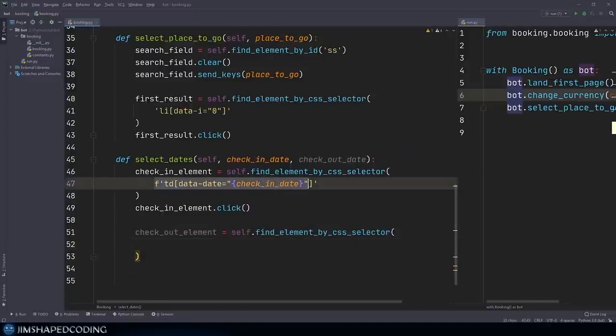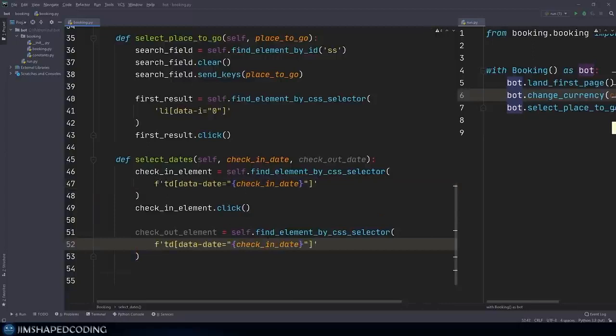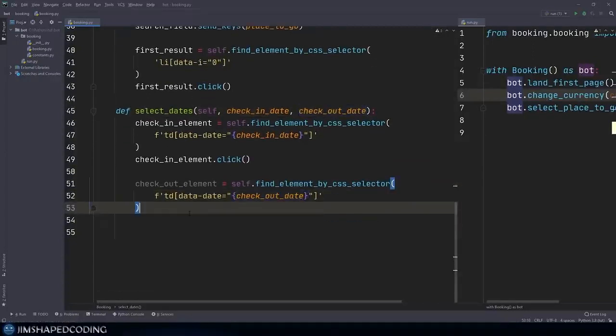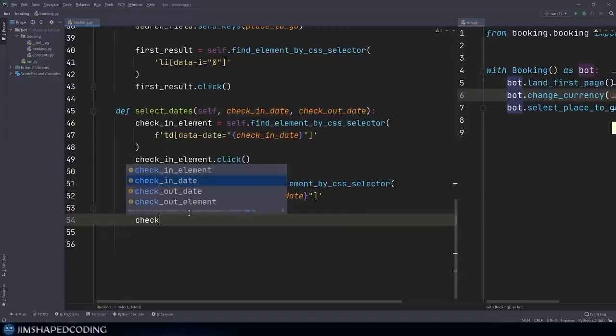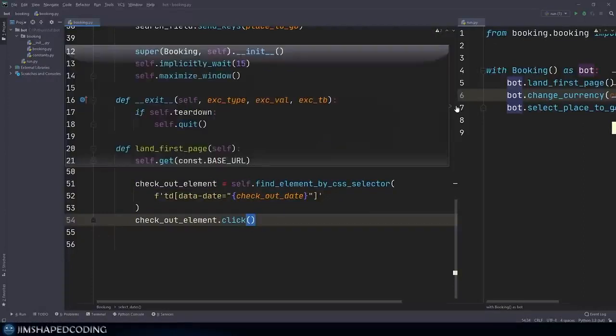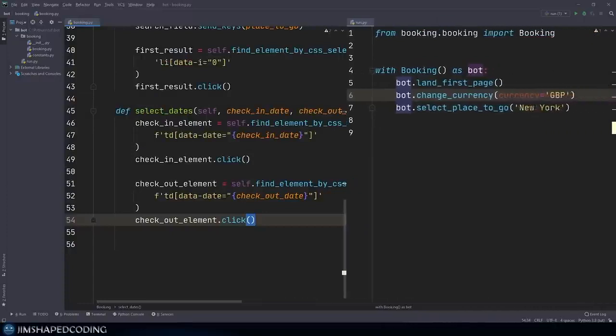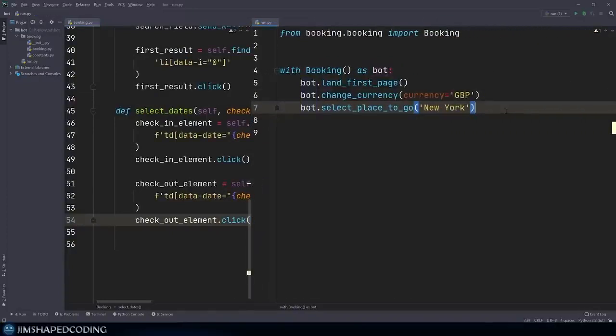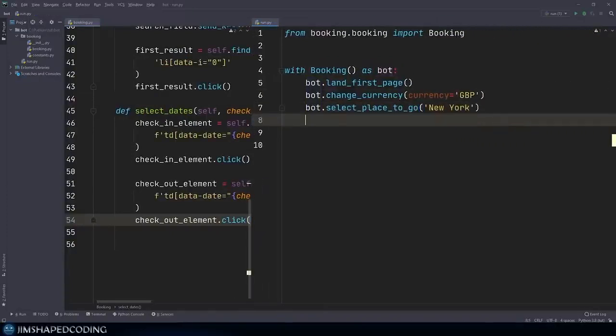And I'm just going to use the same statement like we did with check-in, and I'm going to replace the check-in date with checkout date. So down below we can again use checkout element dot click, and this should be enough to basically decide the check-in and checkout dates. And the only thing that we have to do now is go back to our run.py